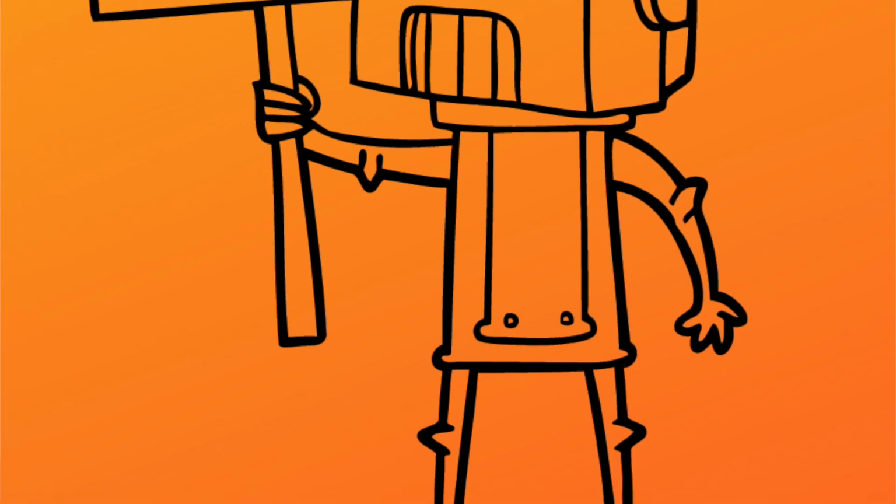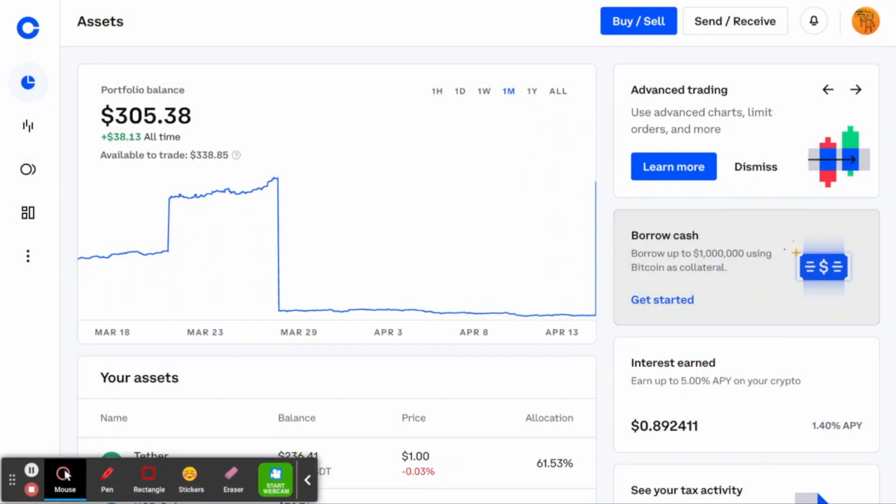What's up, everybody? Gridbot Guru here, and today we are going to work on getting and moving either funds or coins from point A to point B. Specifically, we're going to talk about moving coins and funds from Coinbase to Pionex. Okay, so many of you out there have been asking,